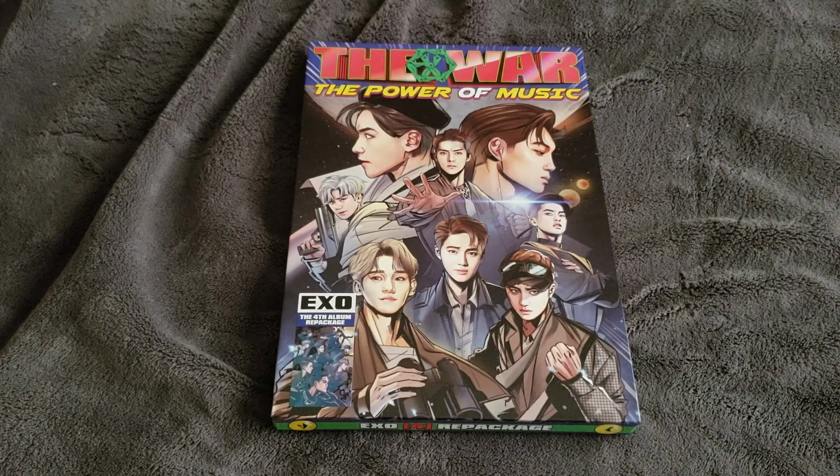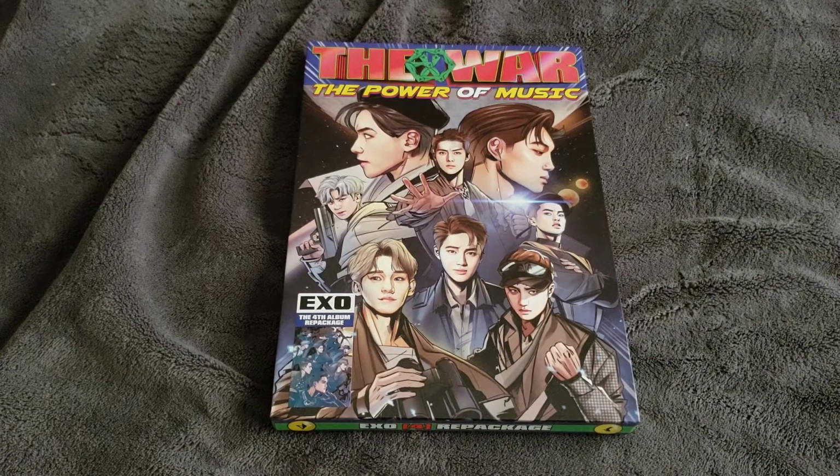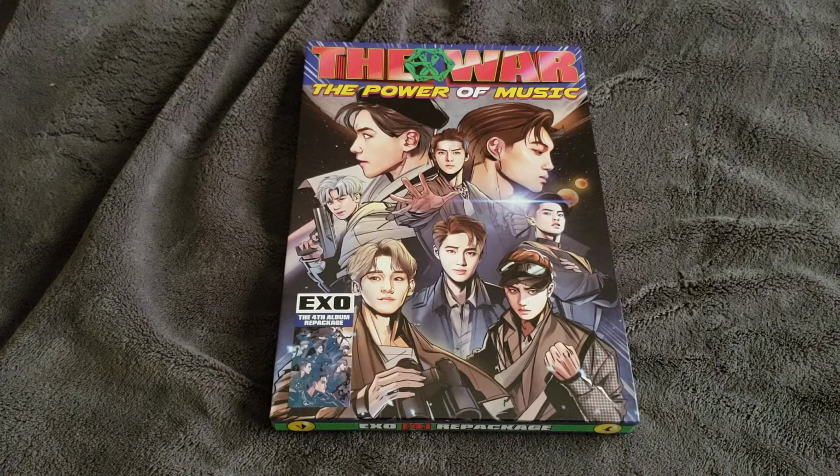This is actually one of the most interesting packaging we have gotten from EXO. I love the superhero theme for this. A lot of thought was put into this, so I really enjoy that. SM seemed to be really wanting to put something unique, and that kind of fits with